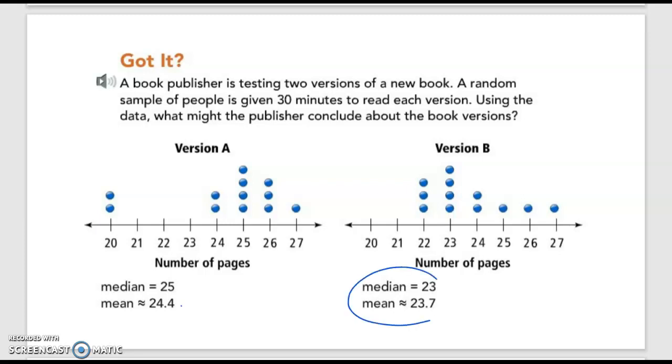Because these two numbers are so closely related, we can go ahead and infer that version B is an easier or a quicker read version than version A, because version A varies more between the median and the mean. So we see here the difference between the median and the mean is greater than the difference between the median and the mean for version B. Therefore, we can say that version B